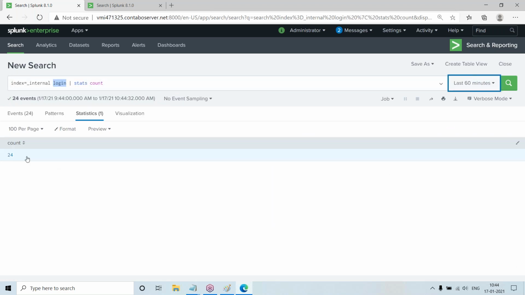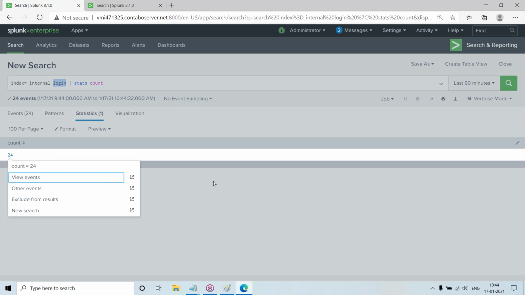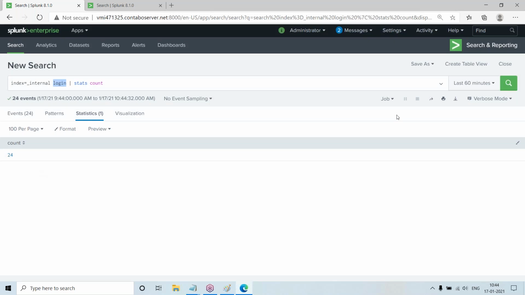Last 60 minutes, like that, you will have this count. Now let us assume you are having this count per 60 minutes. Normally 24 logins will happen. Suddenly, if you see a spike in it, like 400 or 500, or 50 or 60, then the security guys will see from where the multiple logins are happening. If there are only 24 users, then you should have only 24 logins, but I am seeing some 60 or 70 logins. So they will prepare a dashboard with this and they will monitor this number.